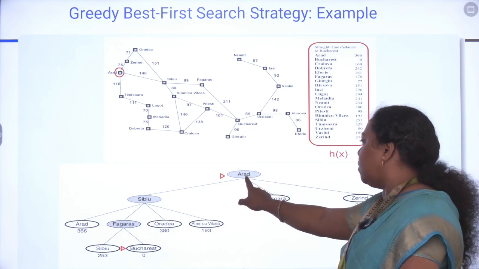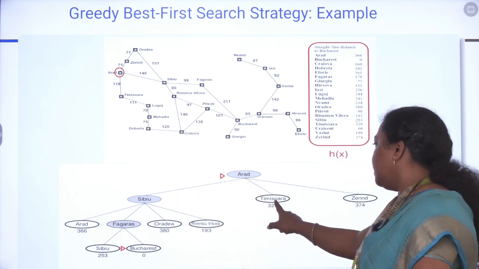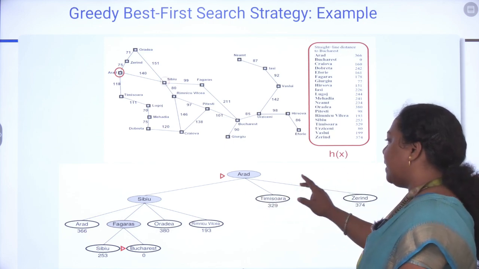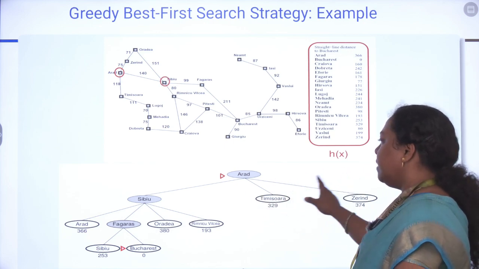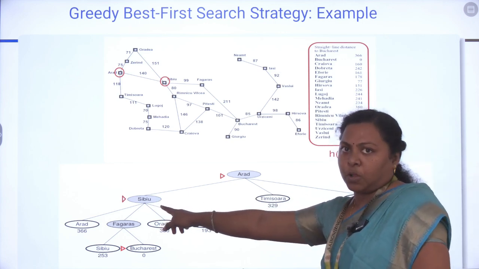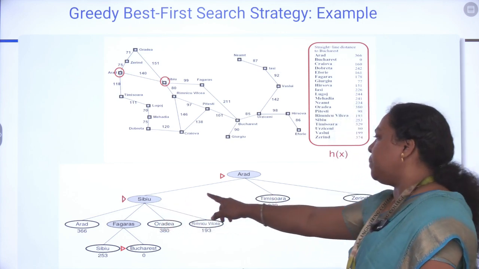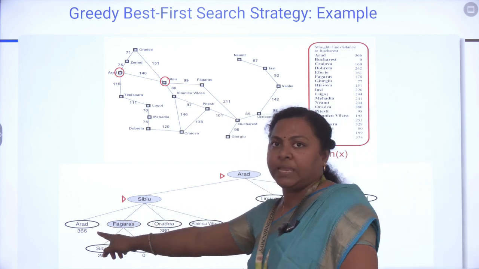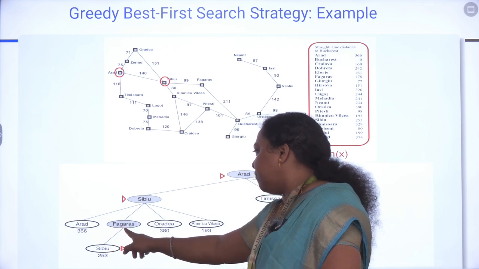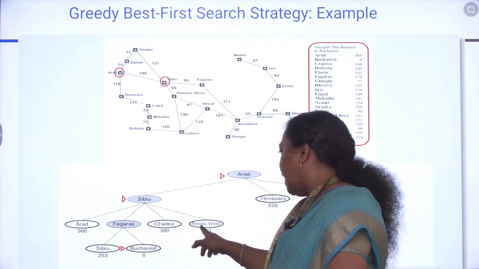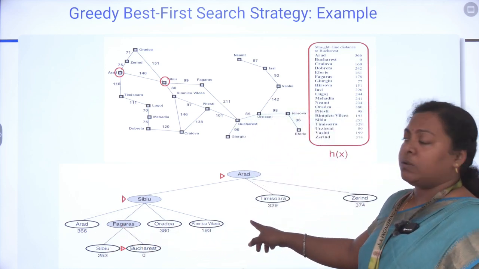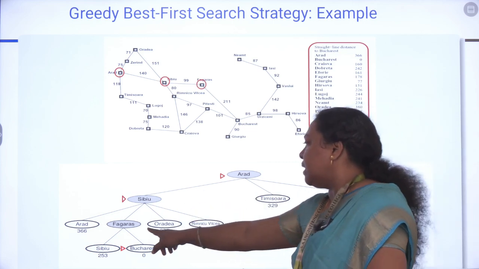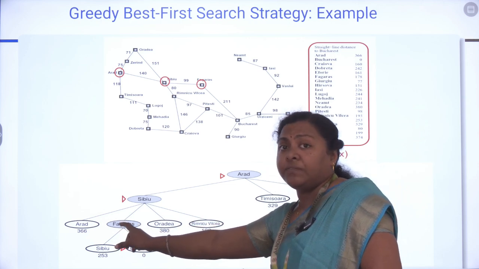So the nodes of Arad are Sibiu, Timisoara and Zerind. So these three will be expanded, and among these three, Sibiu is the closest in proximity to the goal. So Sibiu is being selected, and the nodes relevant to Sibiu that are being expanded are Fagaras, Oradea and Rimnicu Vilcea. So these are the nodes which are being expanded from Sibiu, and after this Fagaras has the lowest